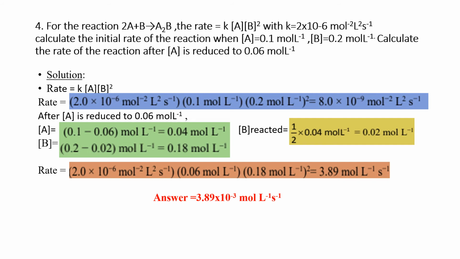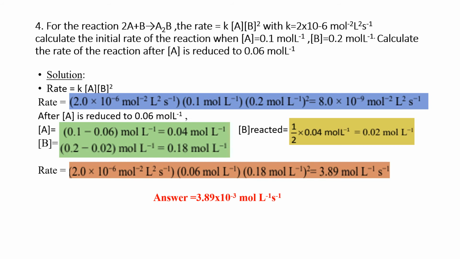How to find out? You reduce this. If A is reduced to this much, from the initial concentration you subtract this much, then you will get the A concentration. According to this A concentration, however much B can react, that much B you need to take from the initial concentration of B and subtract; then you will come to know the B concentration. Are you getting it? Once again I'll repeat it. Actually the A concentration is 0.1. If the concentration is reduced to 0.06, you need to find the A concentration by subtracting from the initial one. So you will get the concentration of A.